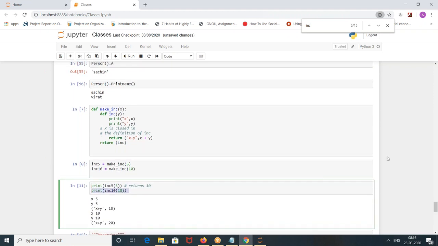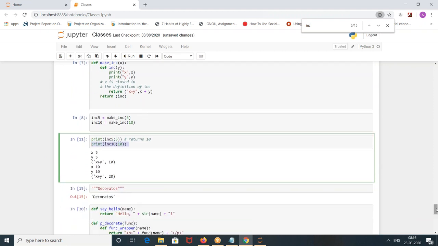Any questions on this? Take your time, no problem. Just see what the print statements from the function are and what answer we are getting. If you have any question, ask me.